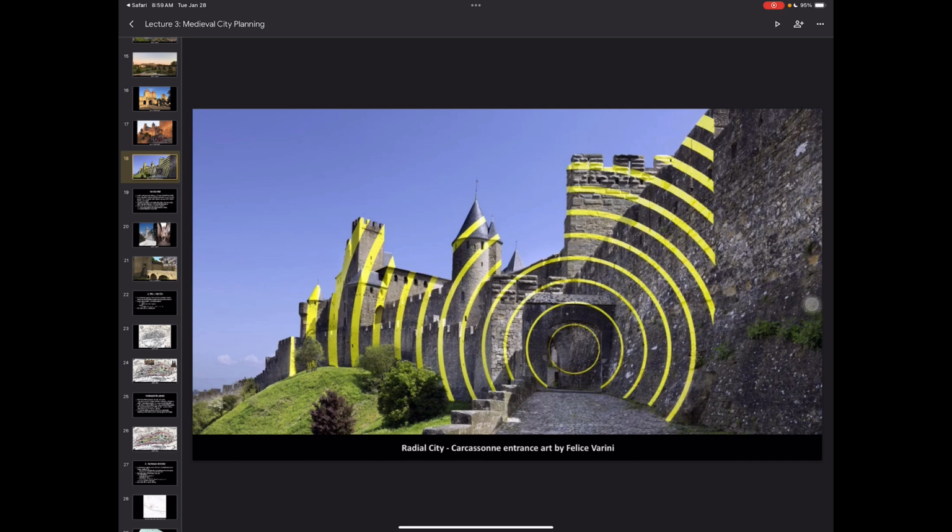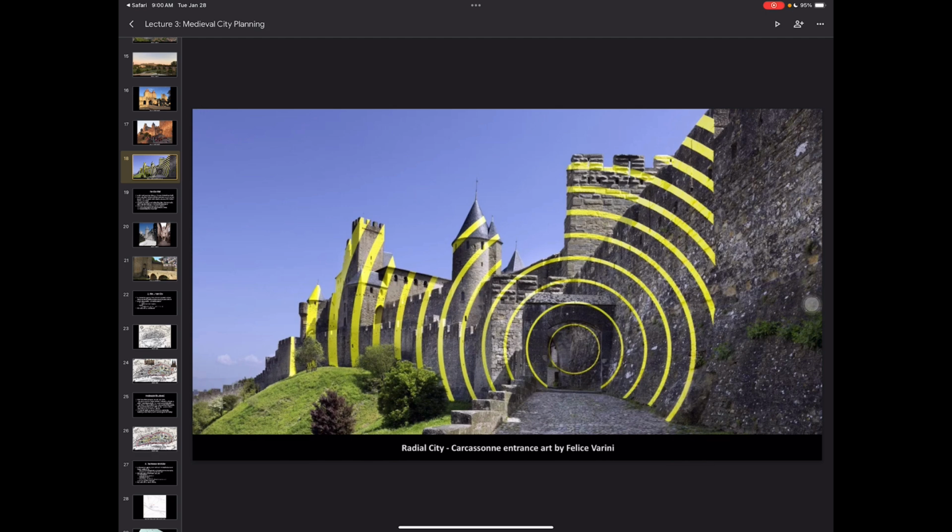This was a super cool sculpture. I just wanted to show you guys really quickly. This is not Photoshop. These are real circles that are painted on, right? So these are aluminum sheets, and they were put all over Carcassonne so that if you stand right here, you will see concentric circles. I know it's really hard to believe that it is not Photoshop, but this is in fact real. Just thought it was really cool.